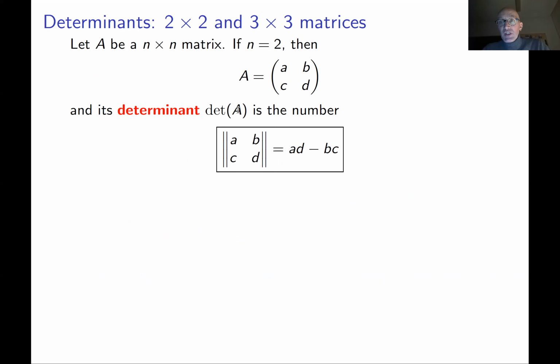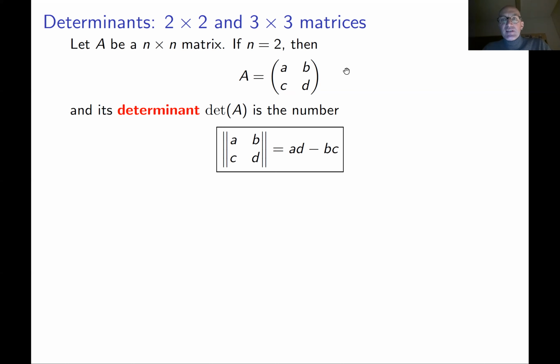If you have a 2 by 2 matrix A, which you can list like this, a, b, c, d, then by definition, its determinant is the number ad minus bc. You just multiply ad minus bc. Yeah, so this is probably familiar to you. If not, it's absolutely okay. We basically consider this topic from the very beginning.